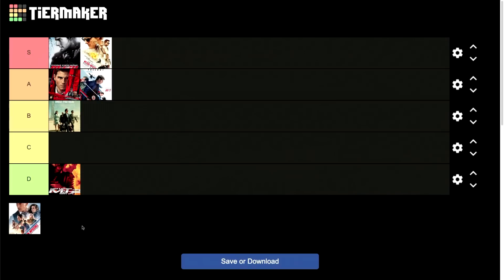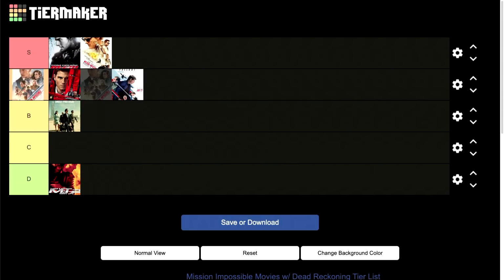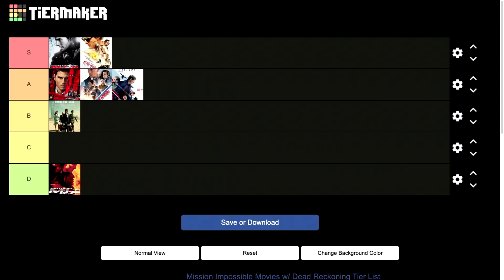I'm going to say A tier, put it to the left of Mission 1. Put it to the left of Mission 1. Wow, that's crazy. If it accepts. It won't allow you. You can move Mission 1. Drag Mission 1 to the right. And this is our final... Yeah, right there is fine. If you want to put it above...